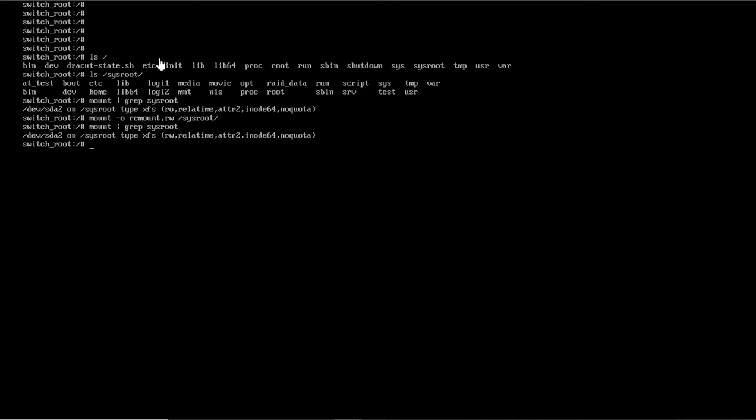I don't want to edit anything, my system is working properly, I just want to change the password of root. So I will run the command passwd for root. Now it says the passwd command is not found. Why? Because it is not the main file system, it is a temporary file system, and it does not have all the commands here. If we have the main file system loaded, then we can run this command also. So we can load our main file system.